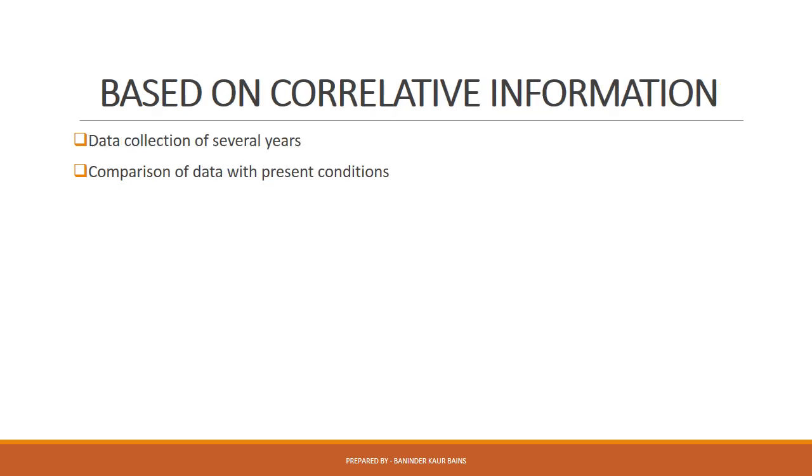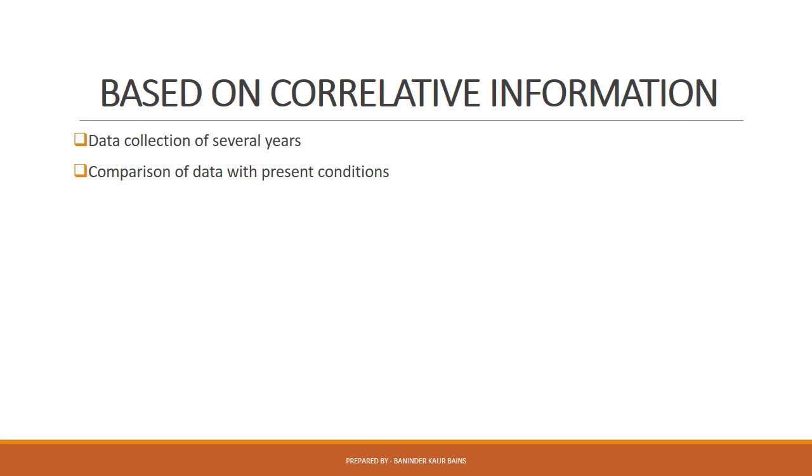And based on correlative information, this method includes the use of data collection. For example, if we collect data each year for a particular crop and for a particular disease, means what were the conditions when the disease was caused and the disease spread. If we know all the conditions which prevailed during that time, means if we know all the temperature, humidity, rainfall related conditions and many other factors related to that, if we have complete knowledge, data is recorded each year, then